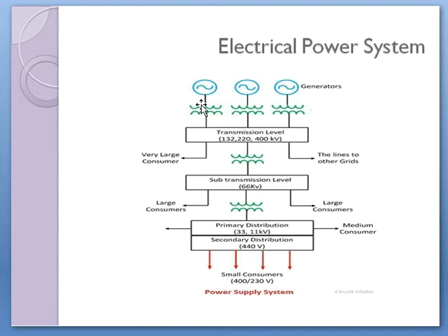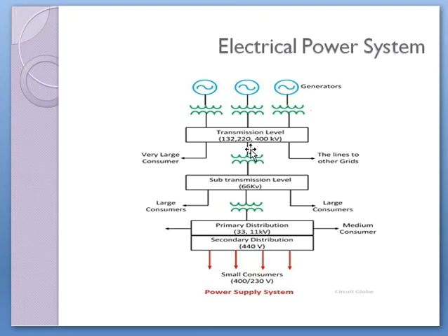Now we can see here the transmission line level voltages, they may be 132 kV, 220 kV, 400 kV, 750 kV, 1000 kV, depending upon the level of the generation that is being done in the power plant. So this is called the primary transmission voltages. In this level there are no tappings. These are only for transmission up to long distances.